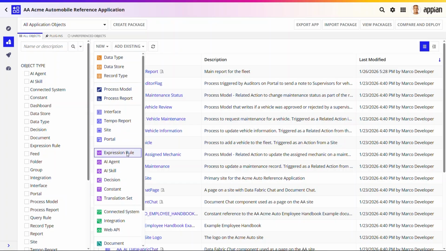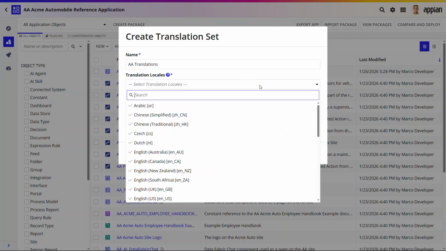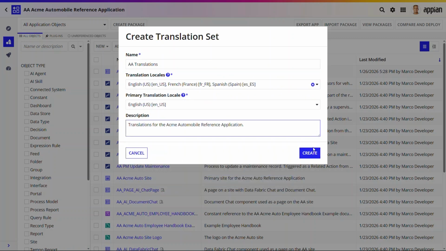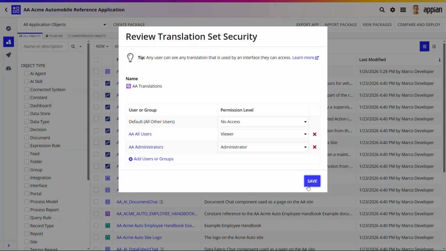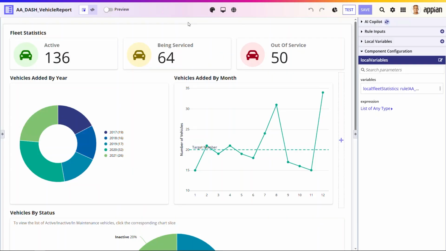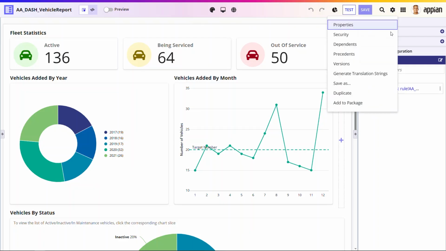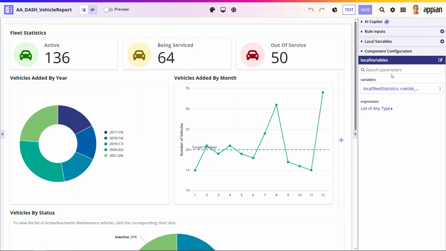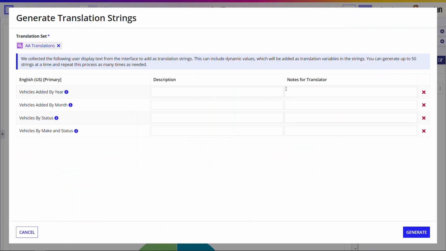To get started, I'll create a new translation set. We recommend creating one translation set per app. Next, I'll add translation strings, which are a collection of the values for each translation locale. One way to quickly add translation strings is to generate them directly from an interface, converting these hard-coded labels into translation strings. I'll add some information for other developers about each translation string and then context for translators to help